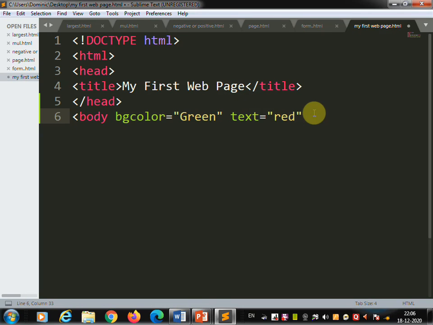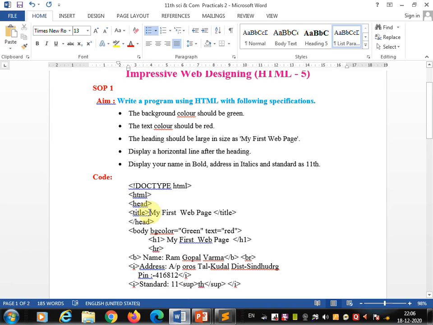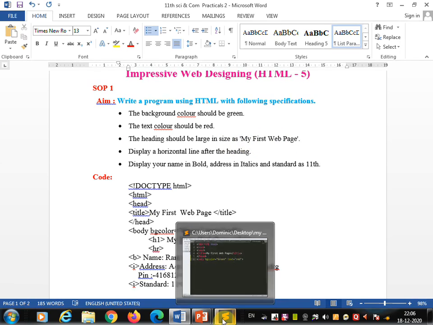Okay, so these two specifications we have completed, that is the background color we gave to the web page is green and the text color red. Now next, the heading should be large in size, as "my first web page". This heading we are going to give, but largest size is required, that's why we can use